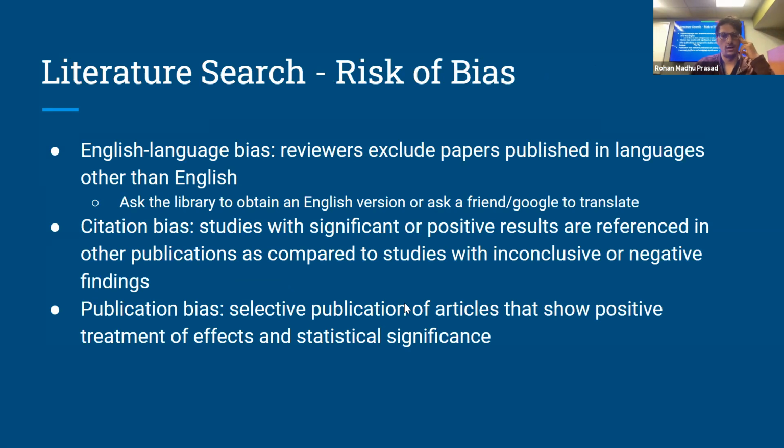So, risk of bias. This is just a slide to discuss how there are different biases in different studies. The English language bias is that reviewers typically exclude papers published in languages other than English. And how I've come to circumvent this is that if I find a study, and usually the cardiac ones have studies published in Japanese journals, I always email the medical library over here by the RCC, and